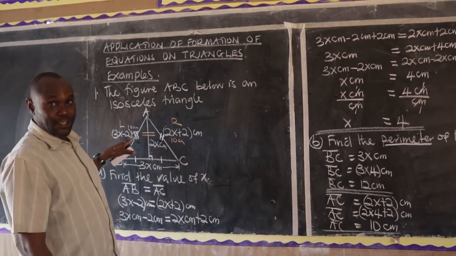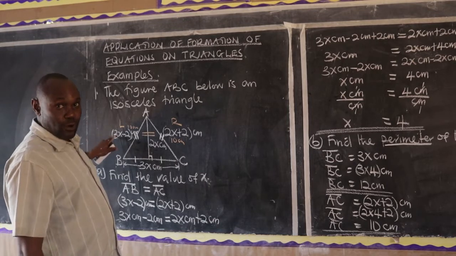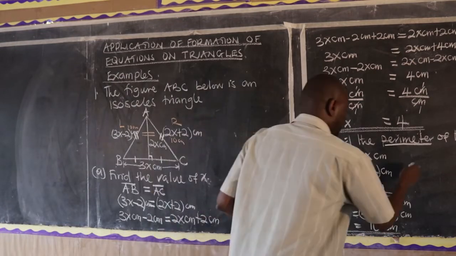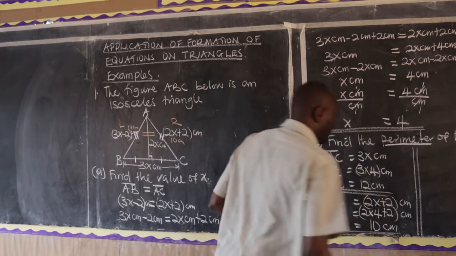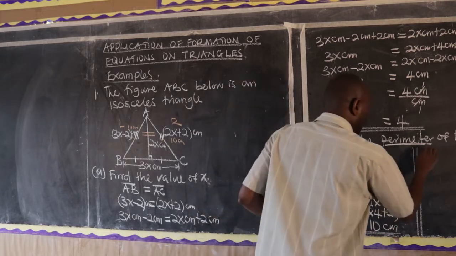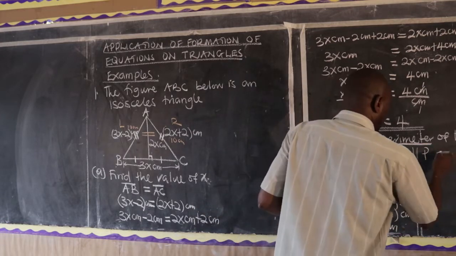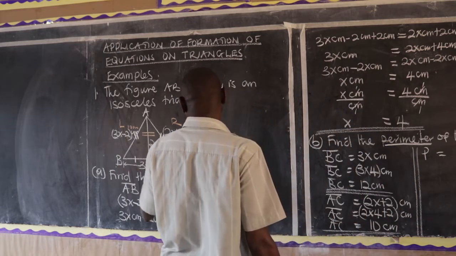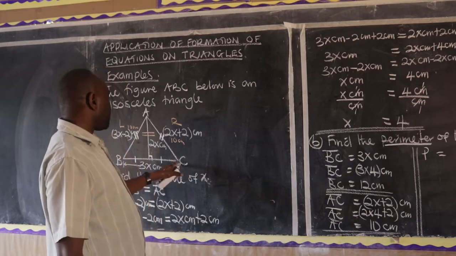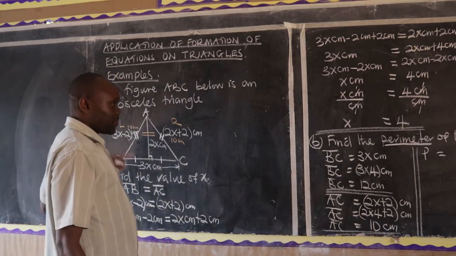Even if you worked it out, 4 times 3, you will get 12. 12 minus 2, that is 10. Then we go now and say, okay, what was the question asking for? The question was asking for the perimeter. Then I also say perimeter equals, others say side, others say the base, plus the hypotenuse plus the hypotenuse.